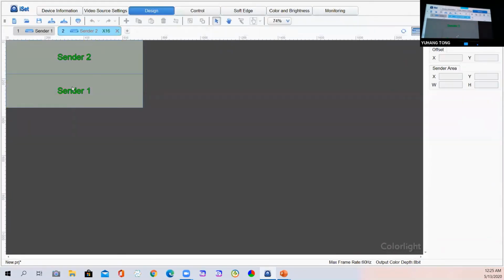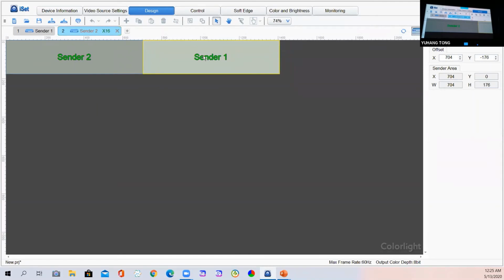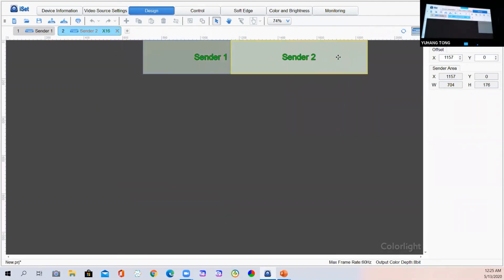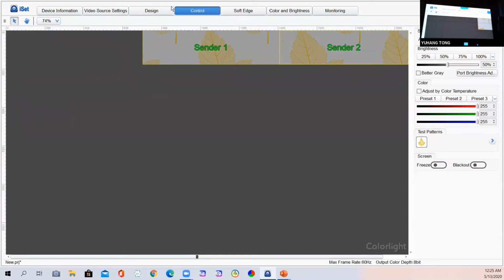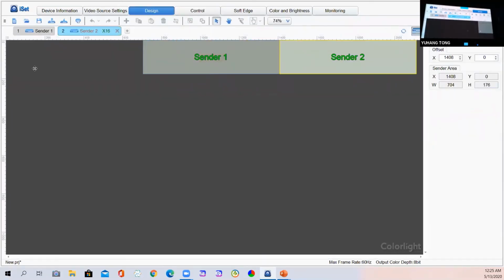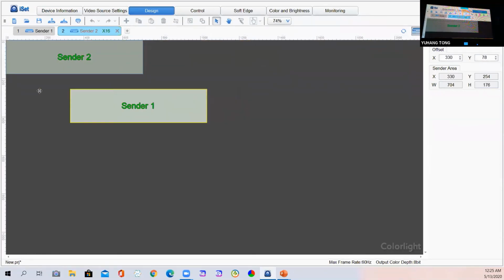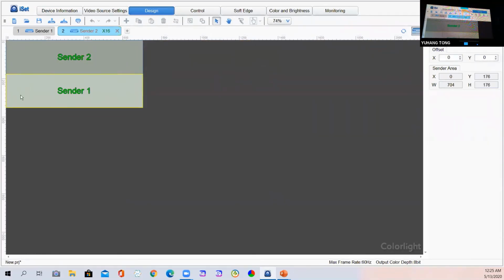So if the LED screen is a very long one and you need to put it this way, just do it like this. And on the control page, you'll get the real-time result every time you make a change. Okay, now I will just put it back to fit in with the real situation here